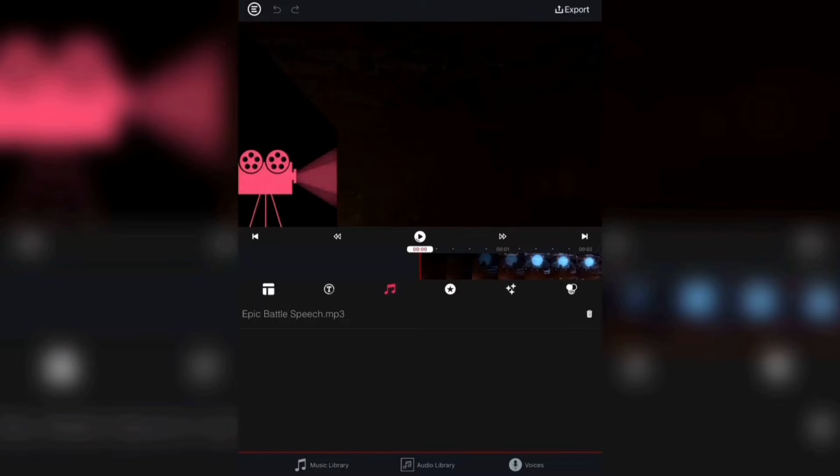That music you wouldn't be able to use without permission. The audio library button is full of free music that you can use in your intro or your outro. That's where this Epic Battle Speech MP3 tune came from. And the voices button allows you to make your own tunes. You can record yourself doing a beatboxing tune, and then you can put that in as music